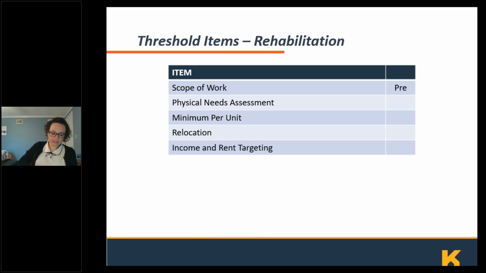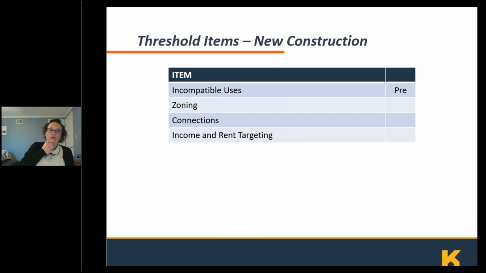We also have a separate list of threshold items for rehab, and that includes the scope of work, and that will be what we evaluate at the preliminary application stage. New construction threshold items are here: the incompatible uses, zoning, utility connections, and income and rent targeting. We will evaluate the incompatible uses at the preliminary application stage, and that will include